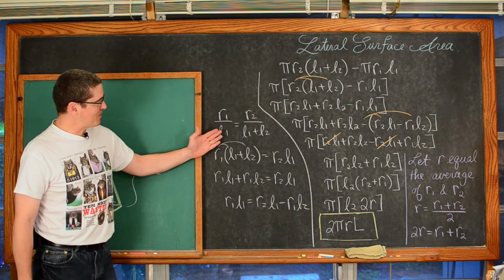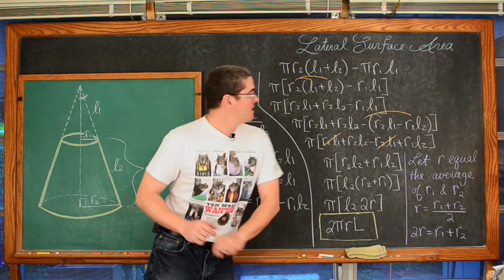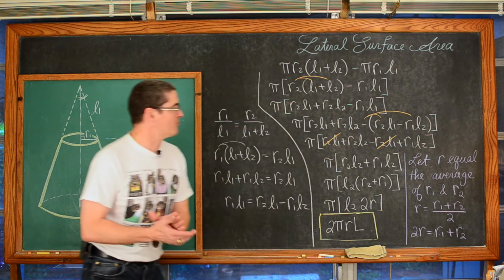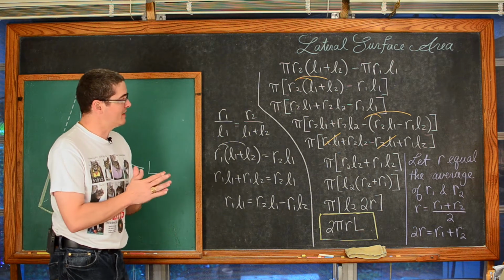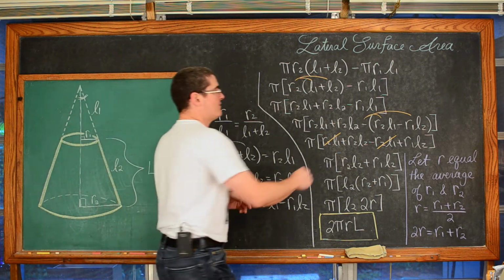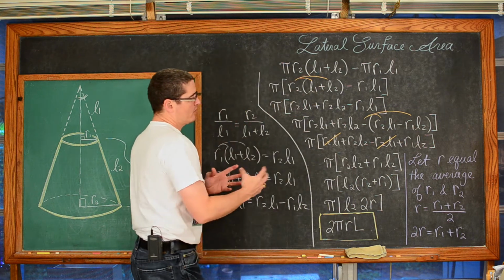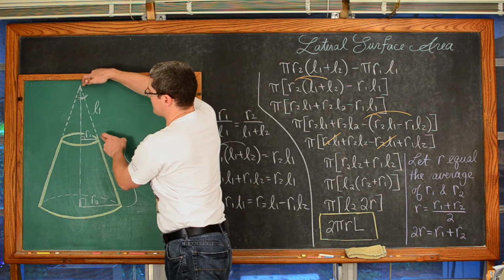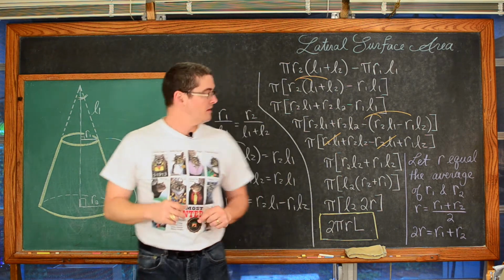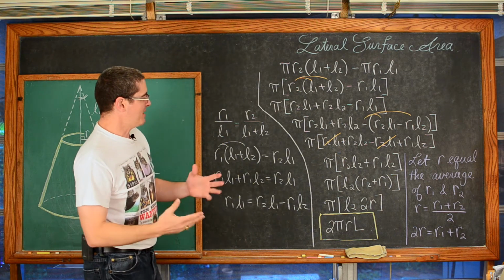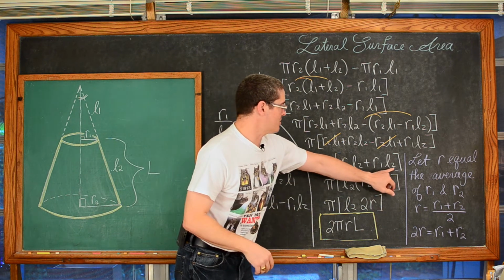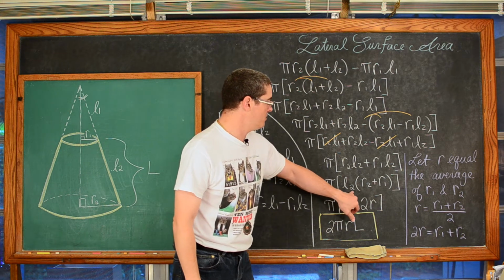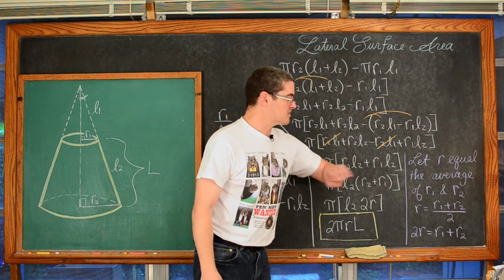So after setting up that ratio from those similar triangles, we had that substitution, R1 L sub 1 came out. We had R sub 2 L sub 1 minus R sub 1 L sub 2 go in its place. And thankfully, after we distributed the negative sign, we were able to cancel out the terms that referenced this top L sub 1 length, or slant height, excuse me. And combining like terms, now we have two terms that both have an L sub 2, and so we factored that out, leaving us pi times L sub 2 times R sub 2 plus R sub 1.